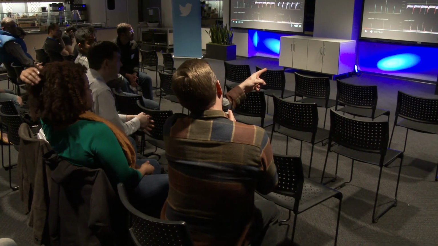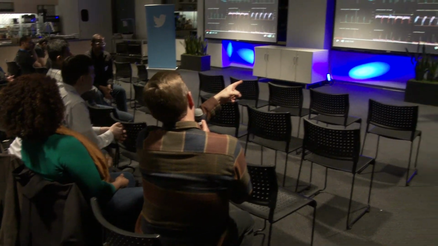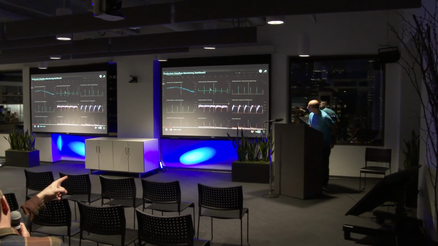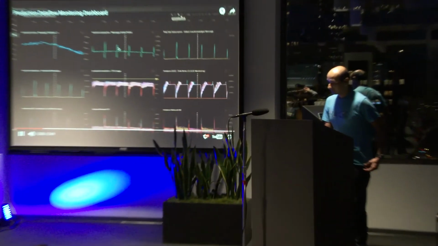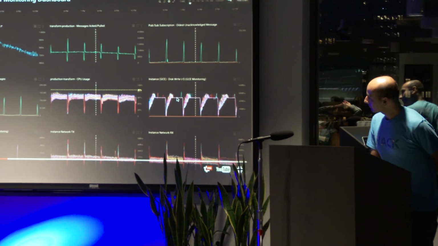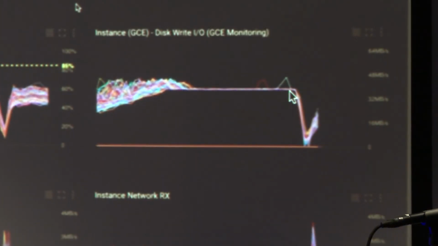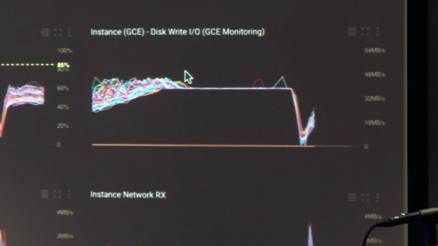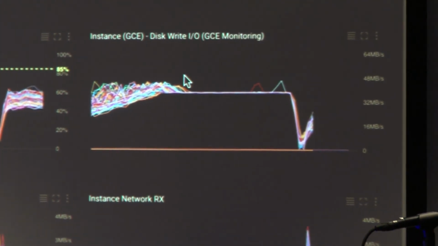That chart's interesting too. The one second from the top on the right, we're IO bound. We were IO bound at that time, so you can see how the IO spikes at the beginning of the hour. It hits a throttling point. We realized we needed more storage. Google scales IO throughput with extra storage, and so we just increased the storage, and now we're not bound by that anymore.